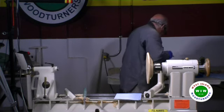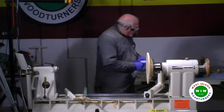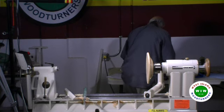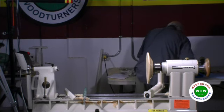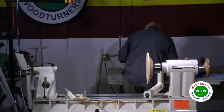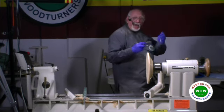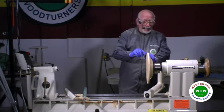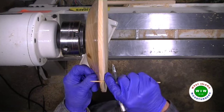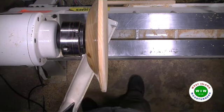All right. Let us continue. Now we do the inside. One thing I have to check: I've got to check the depth. I don't want to go through. Where's my gauge? Okay, there's not much. I want to give it a wall, 1/8 inch right here. It's not going to be very deep, but